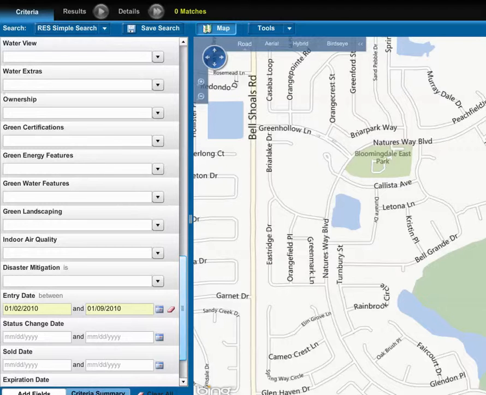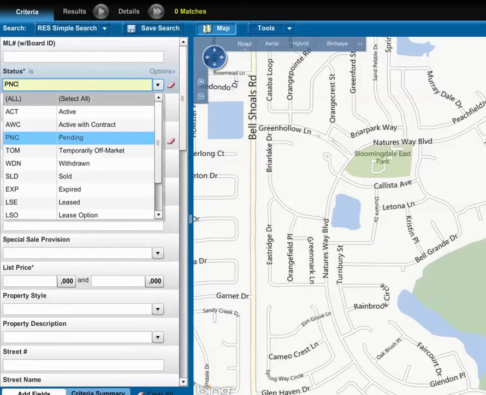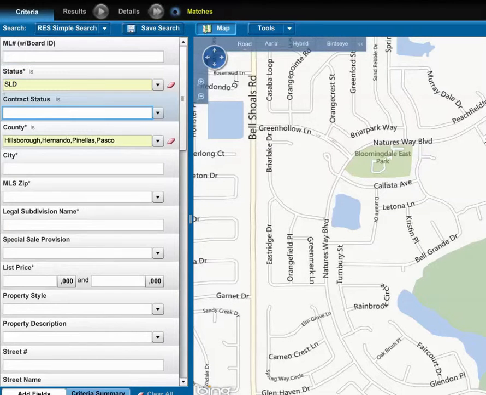But by definition, what happens is that when an agent comes in and changes it from pending to sold, that would be the entry date. That would be the date that it sold, and that's the way they would change it. They would change it from pending to sold, and we would show, well, there were 821 units sold during that week. So then you would say, okay, well, that tells us on a weekly basis how many are sold, but